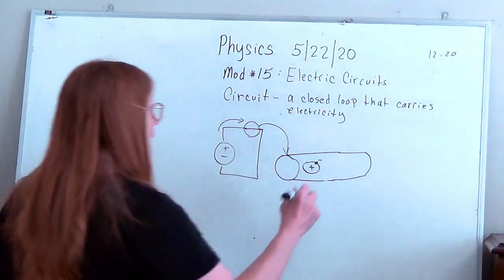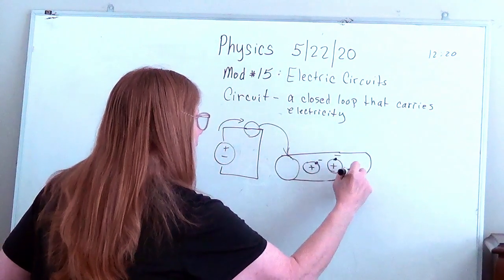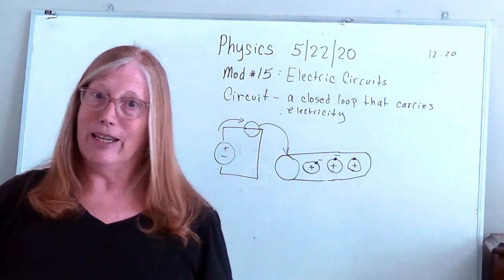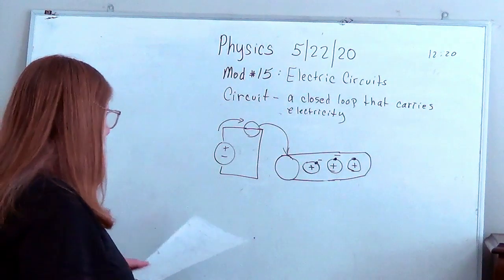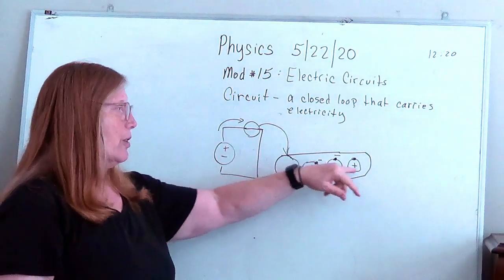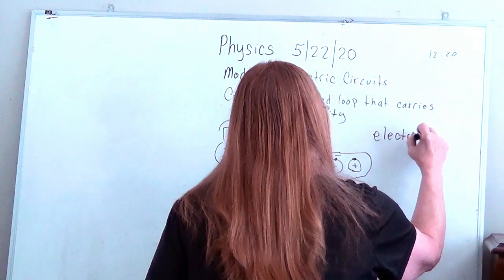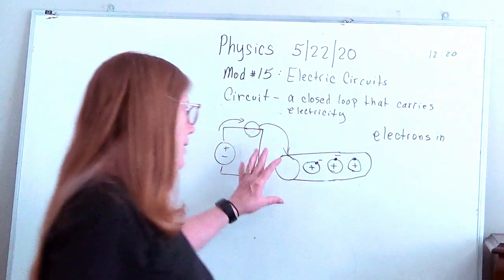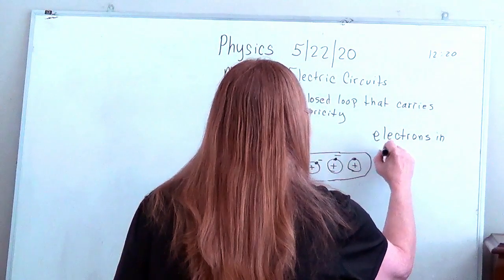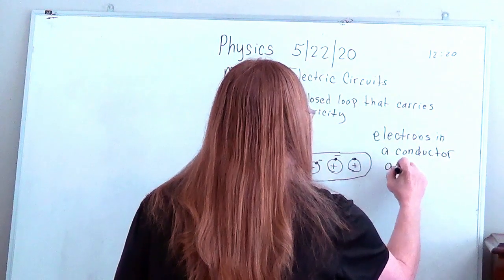So I'm going to draw it like that, and next to that is another positive with their negative outer electrons, and so on. So I'll just draw 3 of the many millions that are there. So it turns out that when there is a push allowed, these electrons are not very held. Electrons in a conductor, such as copper wire, are not held